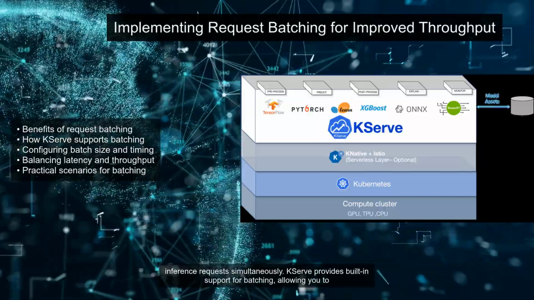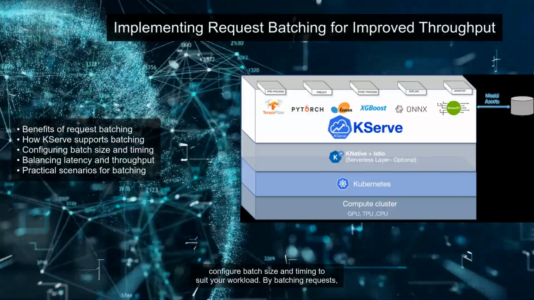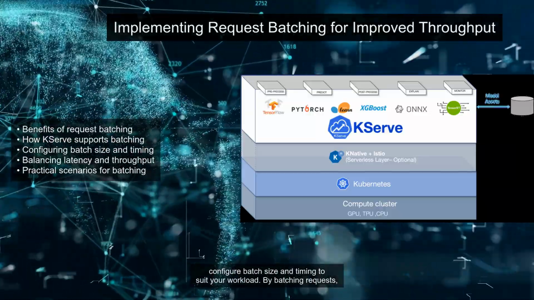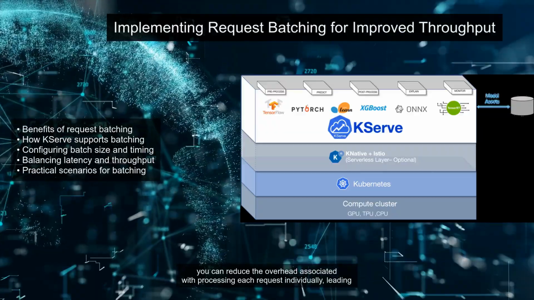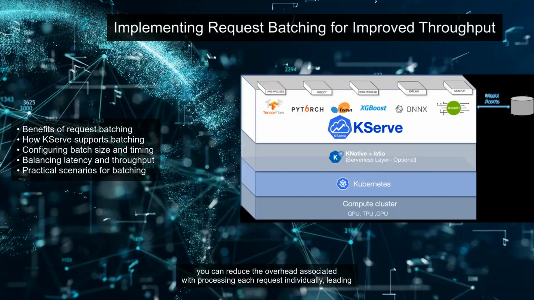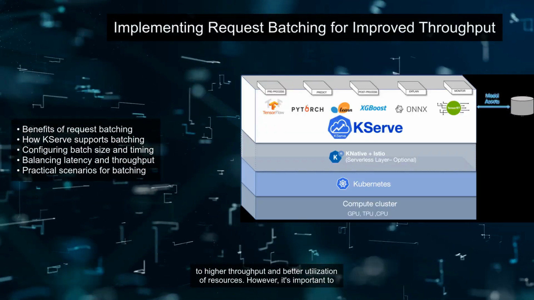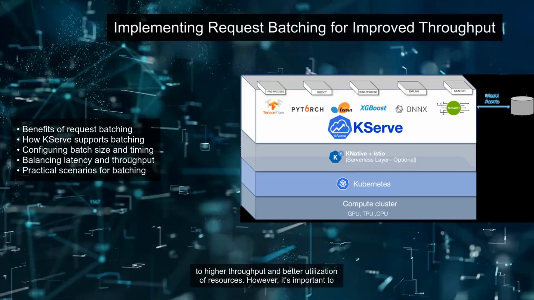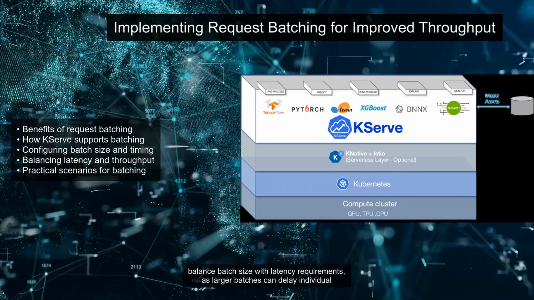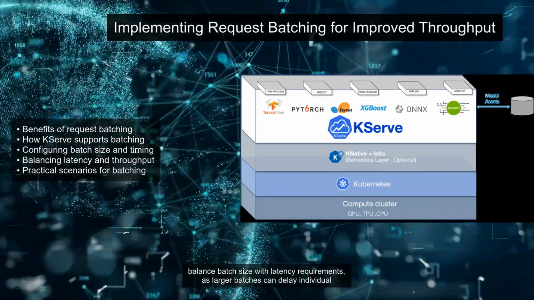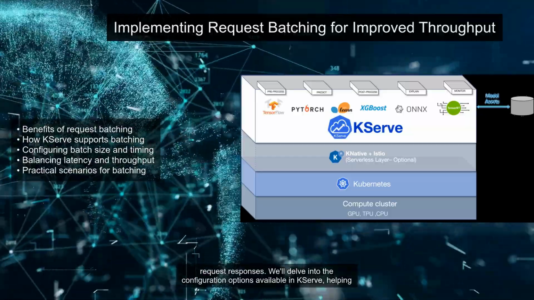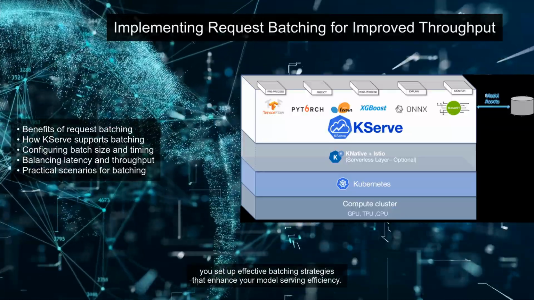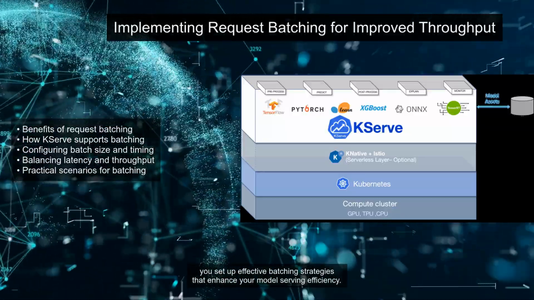KServe provides built-in support for batching, allowing you to configure batch size and timing to suit your workload. By batching requests, you can reduce the overhead associated with processing each request individually, leading to higher throughput and better utilization of resources. However, it's important to balance batch size with latency requirements, as larger batches can delay individual request responses. We'll delve into the configuration options available in KServe, helping you set up effective batching strategies that enhance your